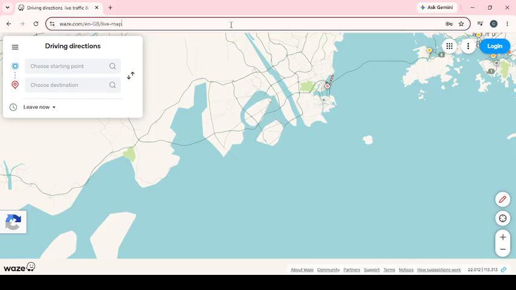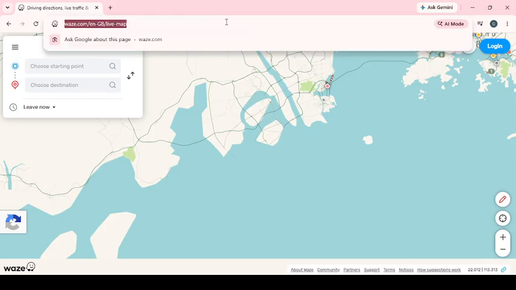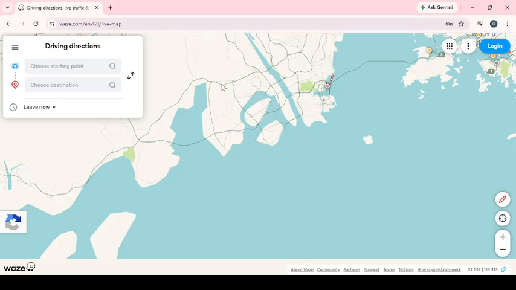To begin, open Google Chrome on your computer. Once Chrome is loaded, go to the Waze website and sign in to your main Waze web account profile. Make sure you're using the correct account, especially if you have more than one profile or if multiple people use the same browser. Being signed into the right account is important because your travel history and activity are connected specifically